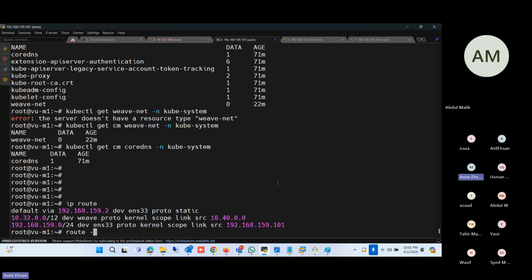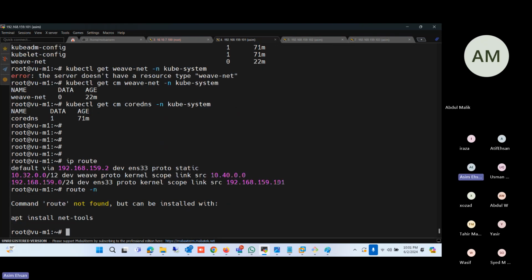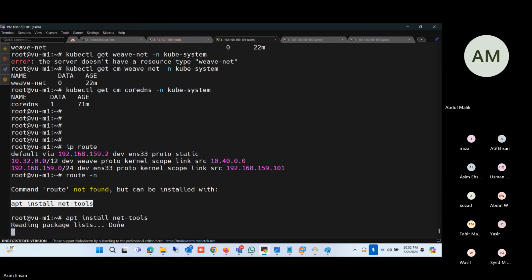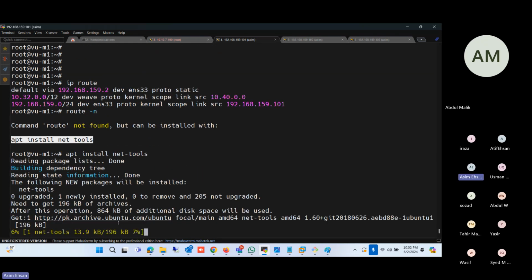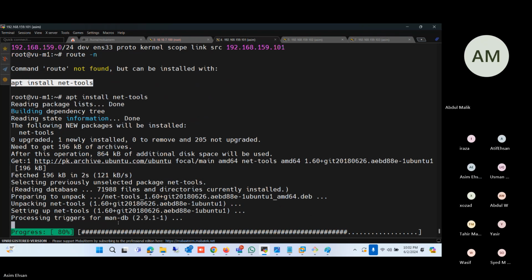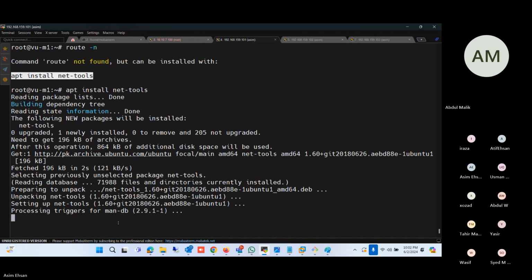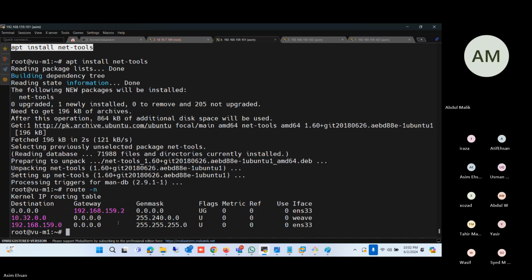route -n is an old command. No, it is not installed. I think it will show you something like which gateway you can follow. No, it is again using the interface. It is sending everything to this interface, and